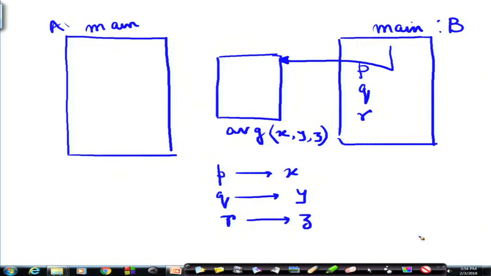On the other hand, when A is calling, what is happening? When A is calling, then A, B, C are to be passed on to this. So, A goes to X, B goes to Y and C goes to Z, right. Now, if you just think, these are 3 pipes.